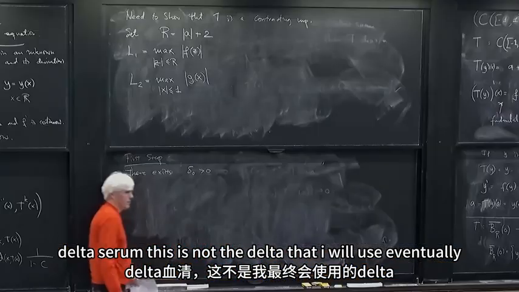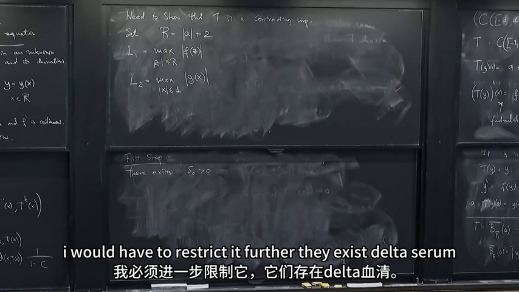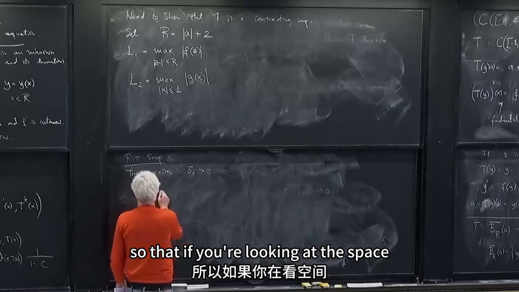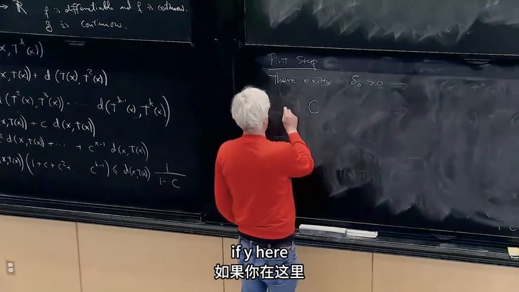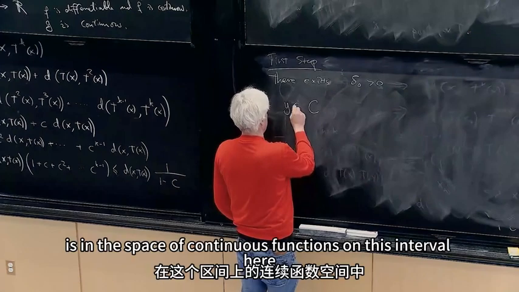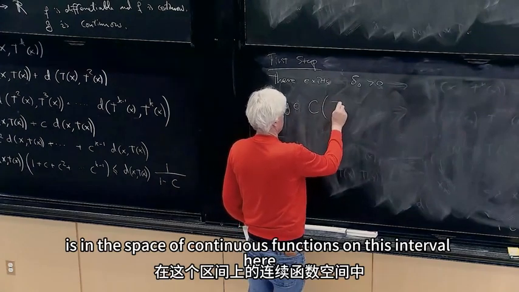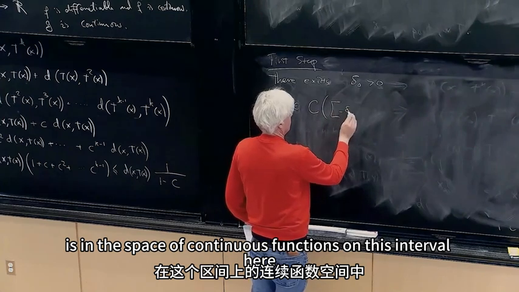This is not the delta that I will use eventually. I will have to restrict it further. There exists delta 0, so that if y here is in the space of continuous functions on this interval here,